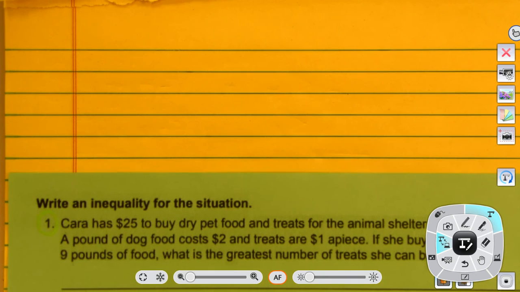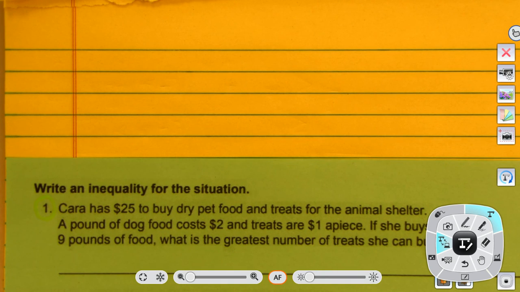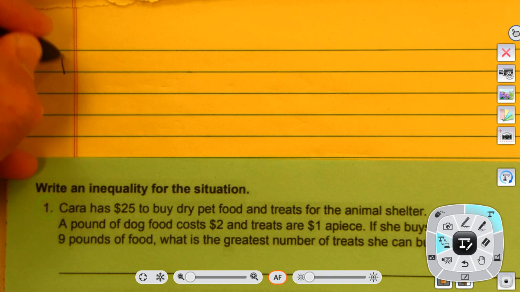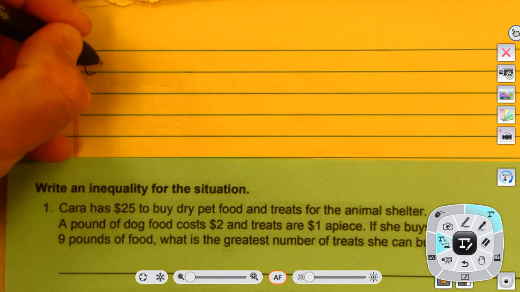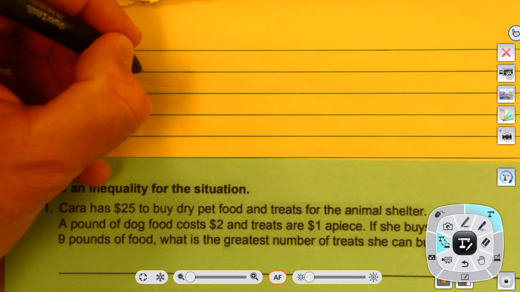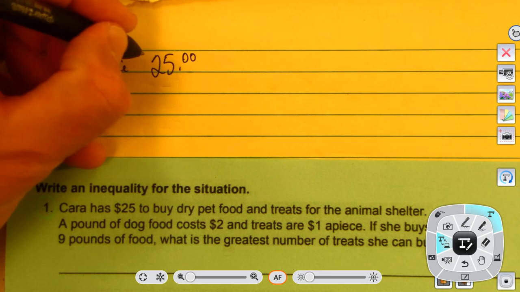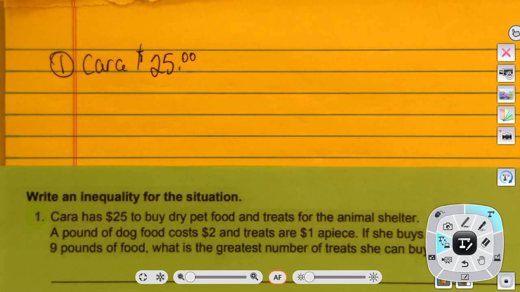All right, so let's start out first by writing some things down. This is what I want on your paper. So everybody should write down, first of all, that Kara, she's got $25. So what we want to know is how much can we buy so that she spends the money she has. Now the question is this. Can she spend